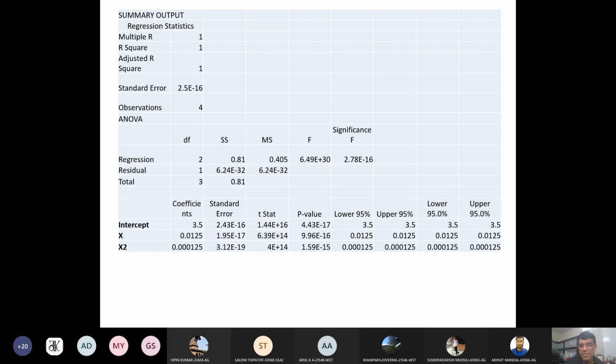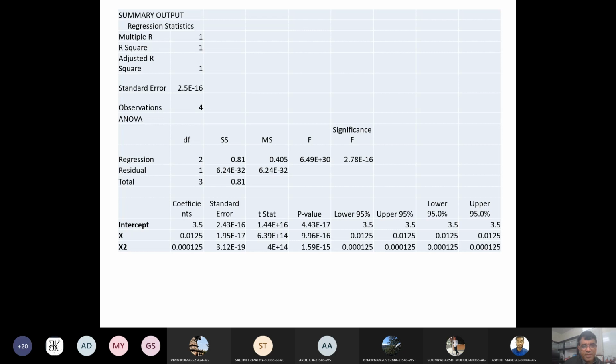And then you can see the significance of the regression, whether it is significant or not. Means is it a quadratic equation or not. And for the intercept, you can see the intercept value is 3.5, and your X here means the value of B. The value of B is 0.0125.